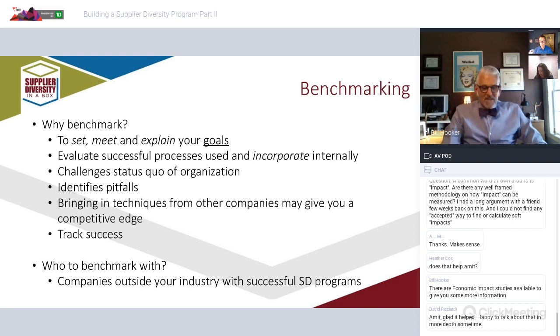I think that once we develop those benchmarks, for those of you still trying to justify it to your management, you'll have some statistics to go back to them and get quicker buy-in. You'll be able to look at things like where our goals should start and what pitfalls predecessors that I've talked to have gone through. You'll learn about their challenges and how we can make the status quo of our organizations be less so by learning from the experiences of others.